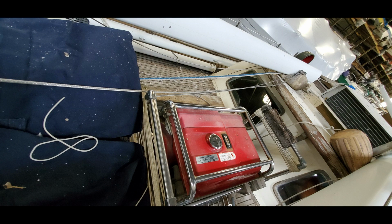Here's a look at the generator up on deck. It's sitting on top of one of the butterfly hatches, but yeah, no diesel generator on board. But that's pretty common on these Formosas. A lot of them did not have one. Some people would add them afterwards, stuff like that, but it's not the end of the world. I did notice a lot of the teak railing on the